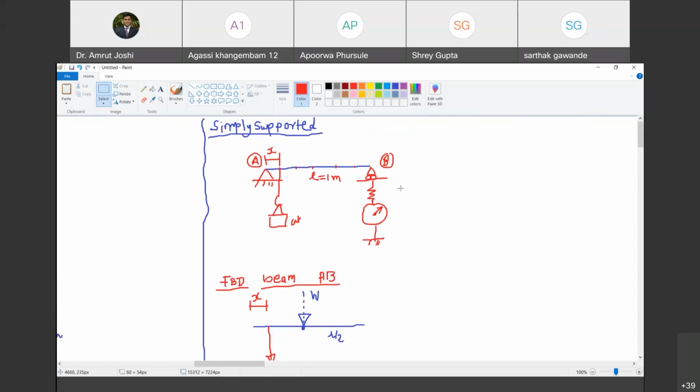Now, is support external to the beam? Of course, support is external. It is not a part of a beam. Are you with me? Yes, sir. That's why we call it as support. Now I free the body from support. I must show what the support must be capable of doing. Happy? Yes, sir. So A पे कौन सा support है? Hinge support है या roller support है? Hinge support. What kind of reactions can it offer?